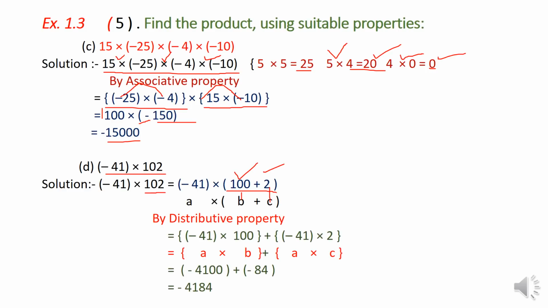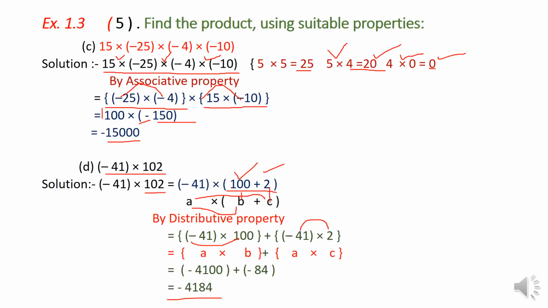The outside number A is multiplied with the inside number B, and again this same number A is multiplied with number C. So, similarly this will become 41 multiplied by 100, and again same number 41 is multiplied by 2. So, A multiplied by B is the first bracket, and A multiplied by C is the second bracket. This is nothing but the distributive property. So, this gives you product minus 4100, and this gives you product minus 84. So, final answer will become minus